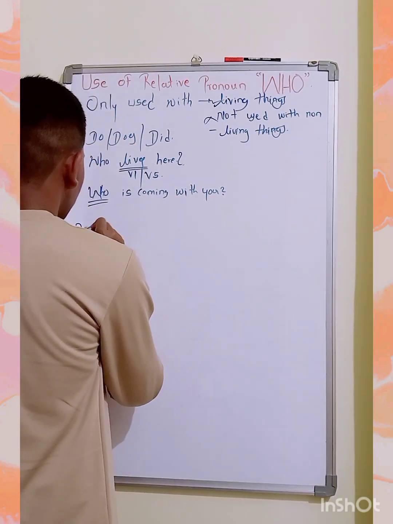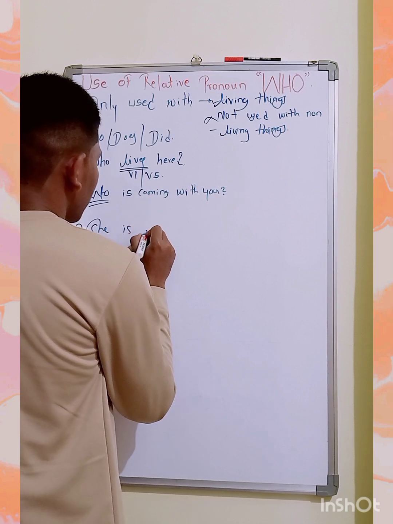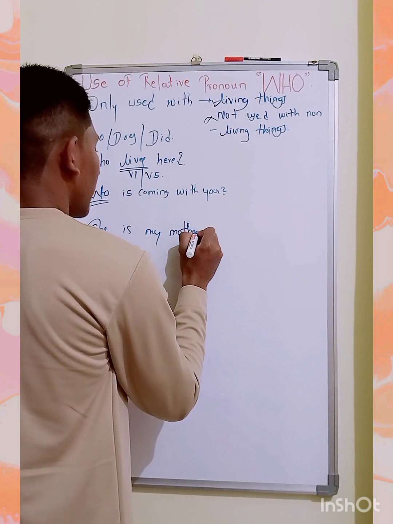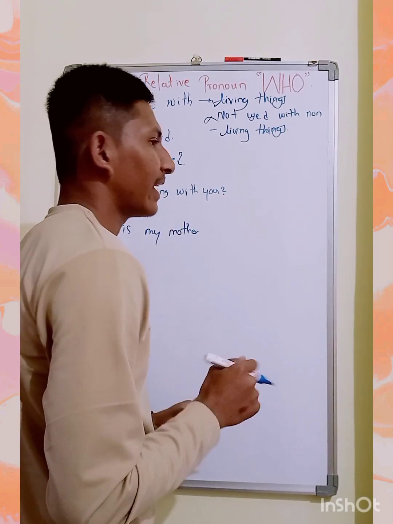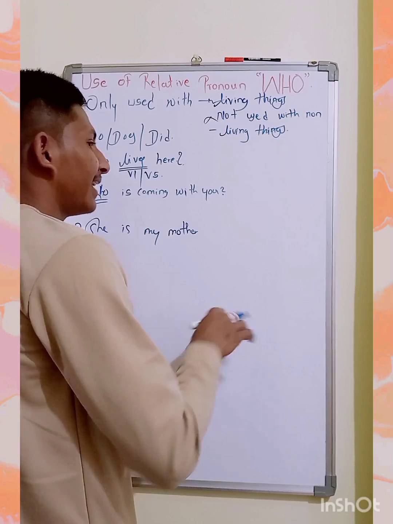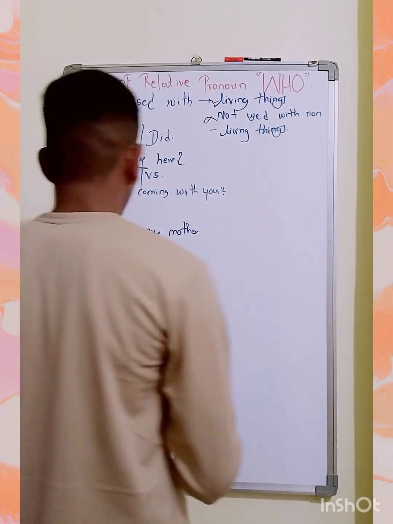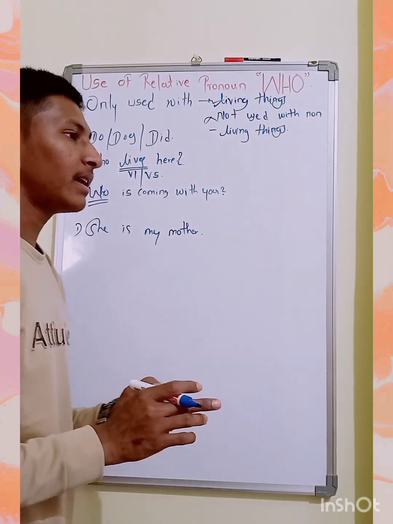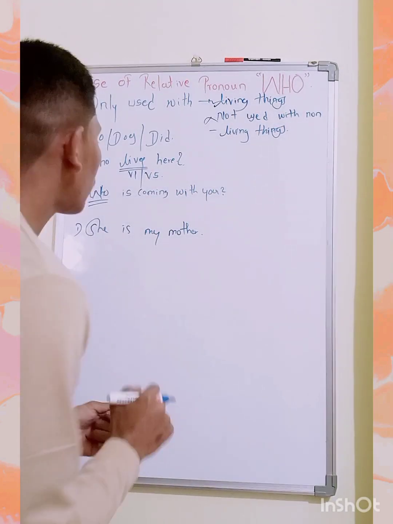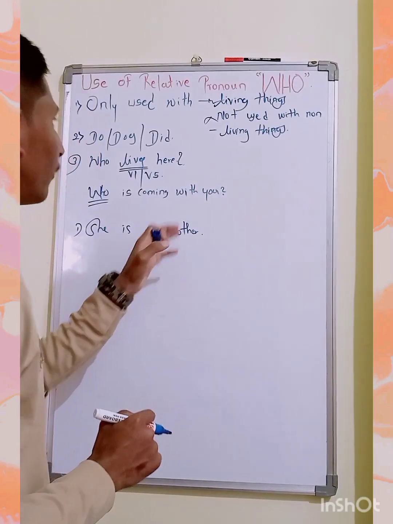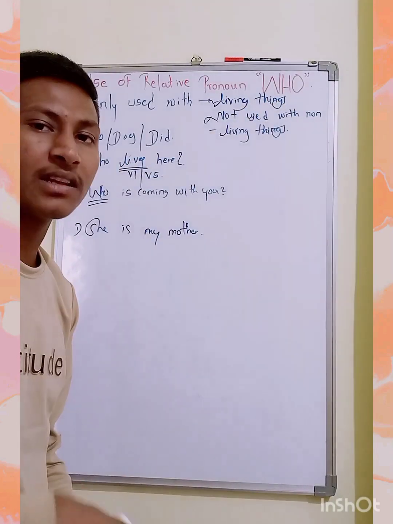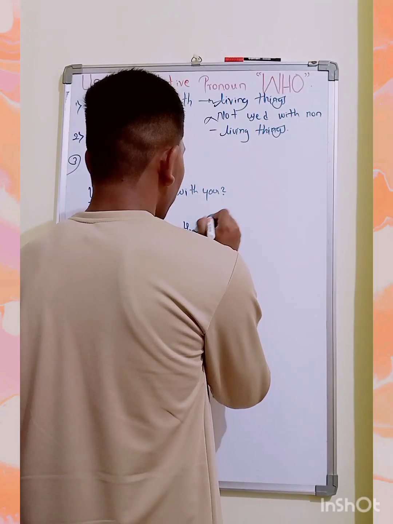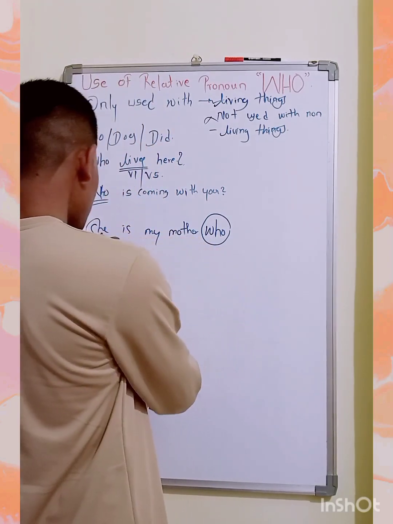I will tell you. She is my mother. And now I have to tell another thing regarding my mother. What is that? That is the subordinate conjunction. How? I will tell you. She is my mother. This is a very simple sentence, a main clause, an assertive sentence. Now I have to join it with another sentence. What do I have to add? I have to add the subordinating conjunction who here.